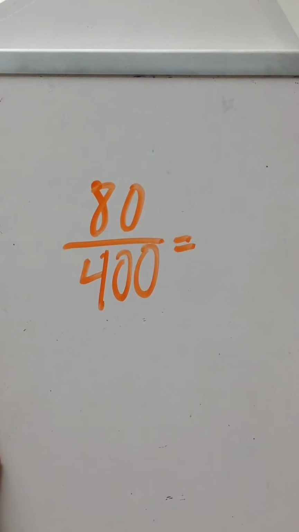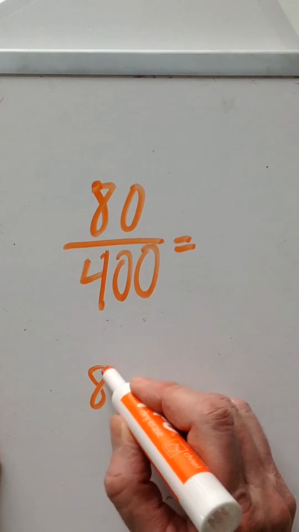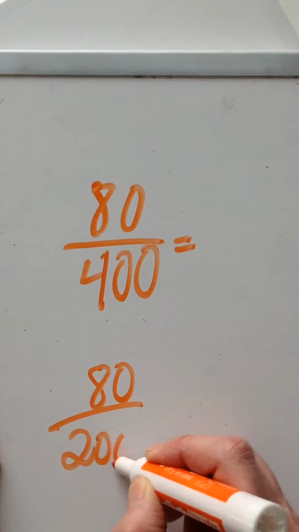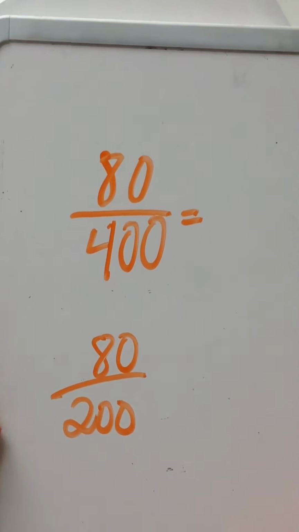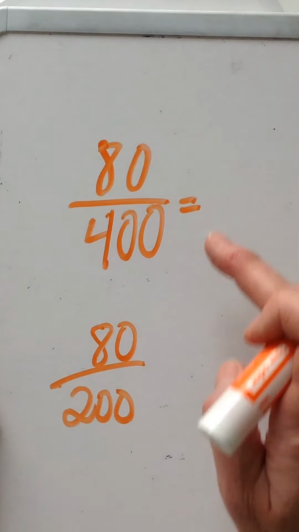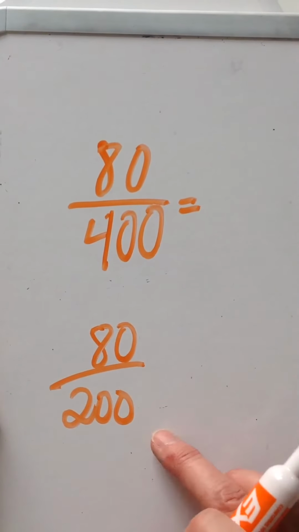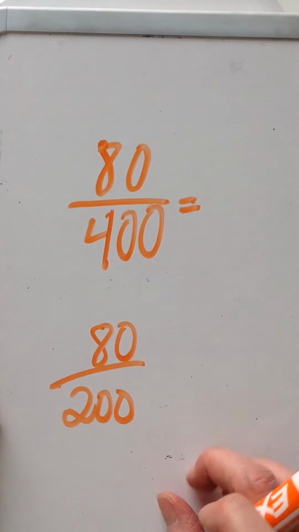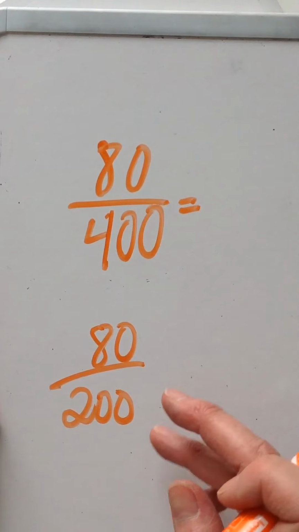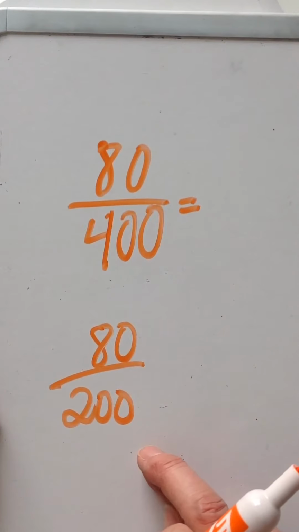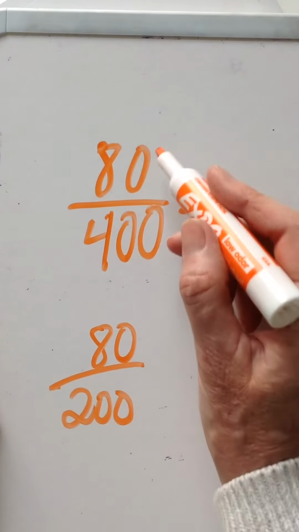What percent of the cat owners is this? Is the percent greater than, equal to, or less than the percent represented by 80 out of 200? Okay, so we would have 80 out of 200 and 80 out of 400. With the numerator being the same, I'm thinking 80 out of 200 is the bigger percent because the numerator is the same, but the denominator is smaller. But let's see. Can we make either of these